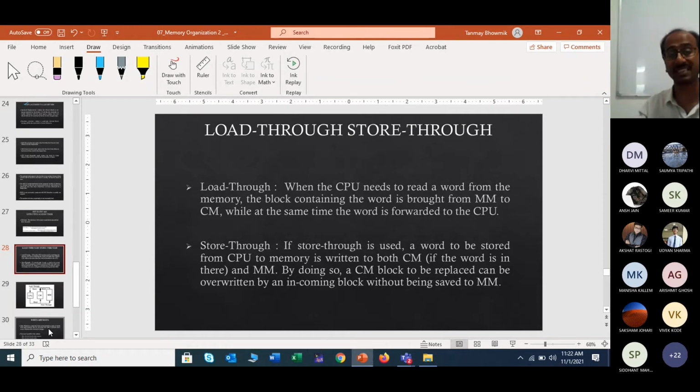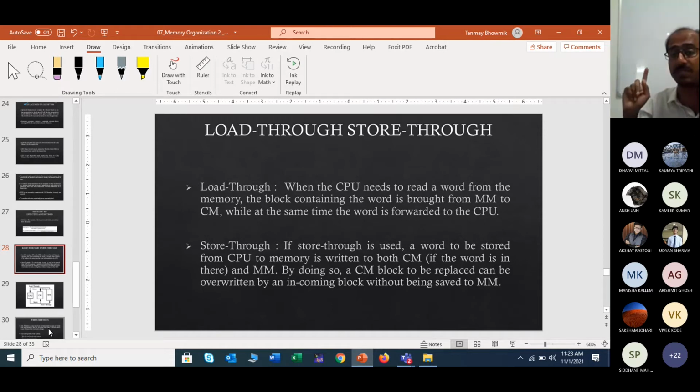And if you need to access some data, for example an array, you access the array's initial address. From which command do we usually start? LW, load word. So LW followed by some register, but we always start from load word. That is the load-through related thing.